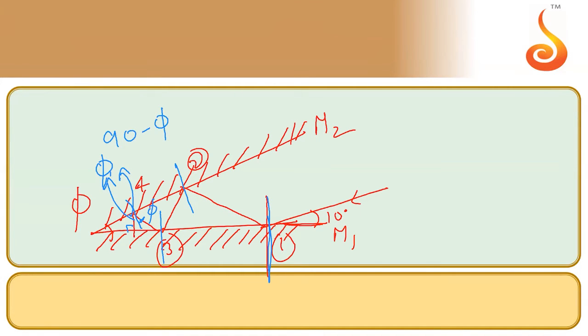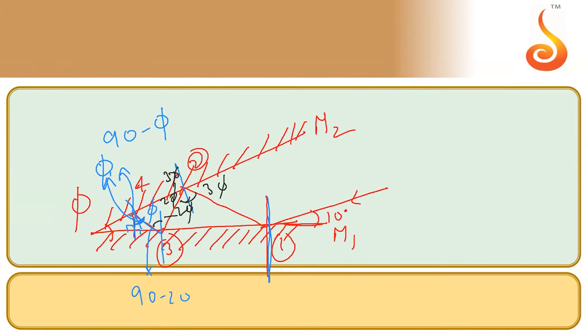Now I am staring at one more 90 degree right angle triangle in which the total angle is 2 phi. This angle is 90 degree. So how much is this angle equal to? 90 minus 2 phi. If I use the same logic one more time, I think I have to change my pen color again. Then this will come 2 phi and this will also come 2 phi. Angle of incidence and angle of reflection are all 2 phi. If you go backwards and continue doing the calculations, possible, I think I should give that task to you, but I am also in a hurry to do a lot of questions. Then this angle will come 3 phi and this angle will also come 3 phi.